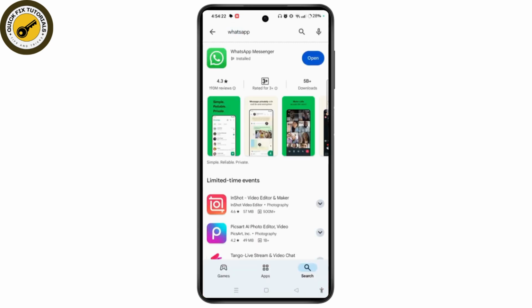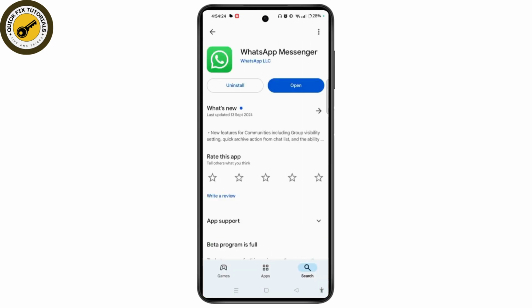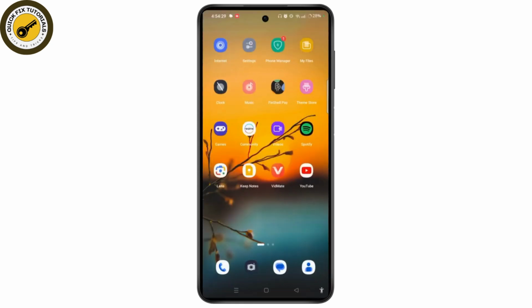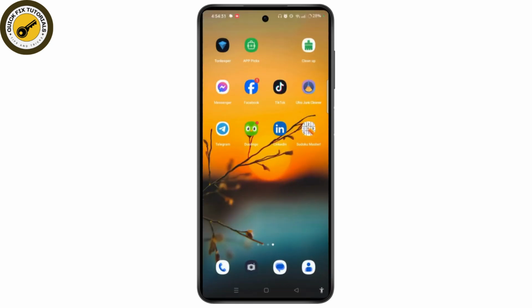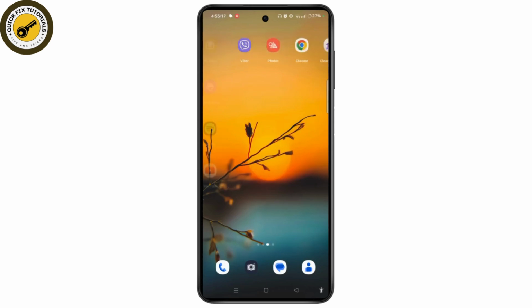As you can see, we have already installed one WhatsApp Messenger on our device. When you go back to the home screen, you will find one WhatsApp application already installed. So in order to install another WhatsApp as well, what you need to do is simply go to the settings